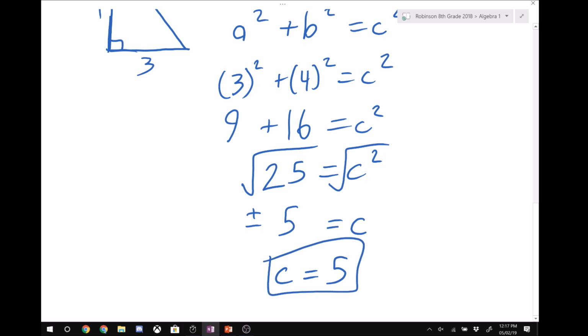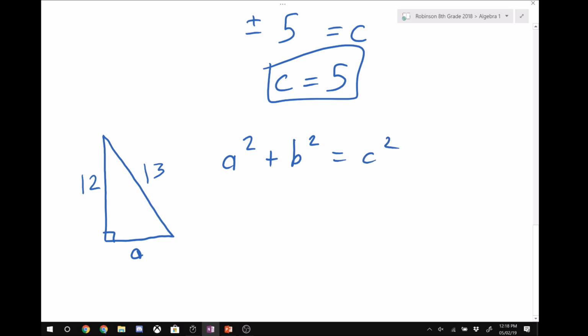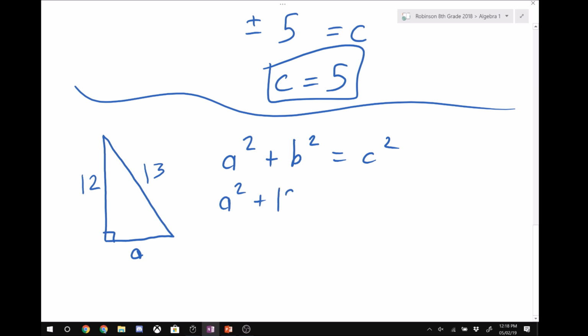Okay, let's do another one. Let's do one where we are not finding our longest side. So let's say that I know the longest side is 13, and I know that this side is 12, and I want to find this other short side. Well, I just have to decide if I want that to be a or b. Doesn't matter. I'm going to make it a. So we again start with a squared plus b squared equals c squared. I'm going to leave this as a squared. b squared is 12 squared. And c, which is my side that's not touching my right angle, is 13